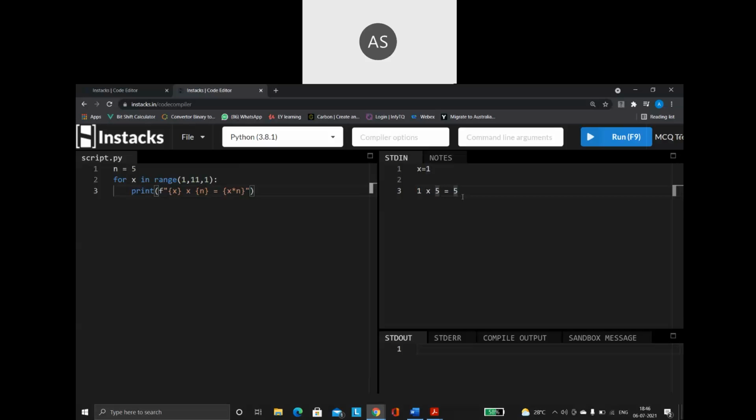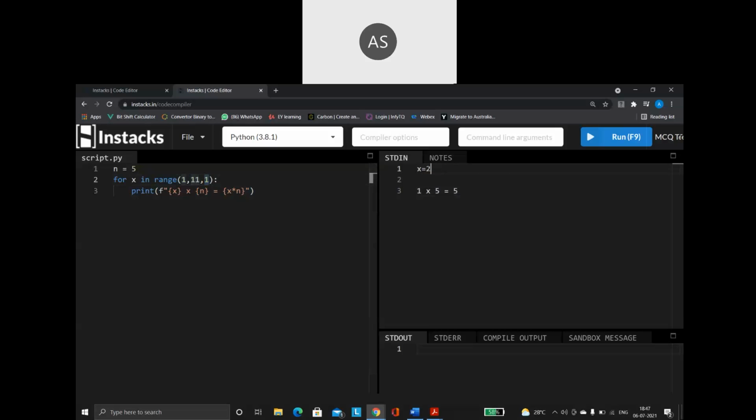After doing this, what will happen? It will go back to my range function. What is my step value? 1. What is the purpose of the step value? I told you, the current value plus the step value gives the next value. The current value is 1, so 1 plus the step value, the next value is going to be 2.